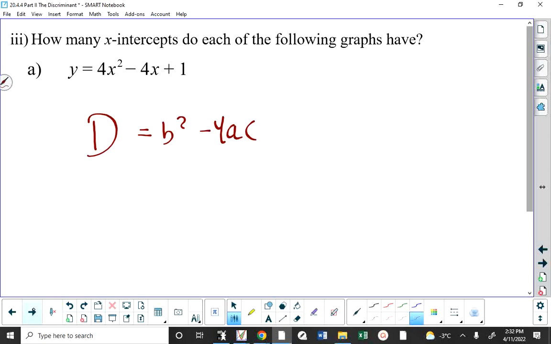I'm getting a discriminant value here of 0. Good, thank you. So if the discriminant, I'm starting to use the letter D for it, is 0, that means